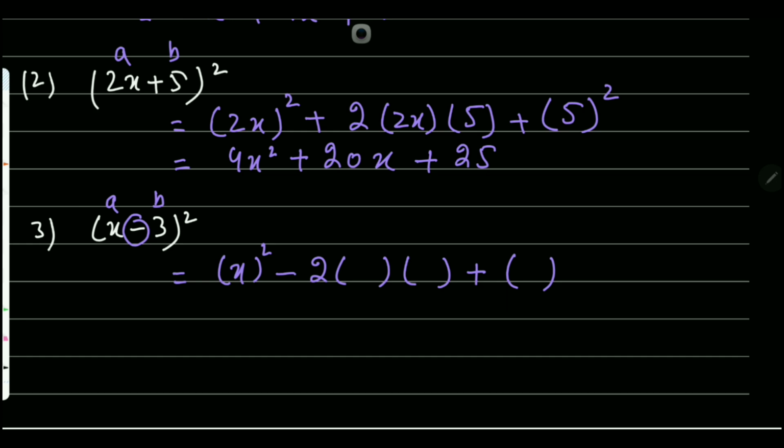So what will we do here now? a is x and b will be negative 3 or 3. As I told you, b will be positive 3, because the negative sign is already used first, and many students get confused whether to use negative 3 or positive 3. So you just have to ignore the sign, take just 3 here and 3 also here, and square as it is, because the negative sign is used first here. Okay, now you will just solve it. x² − 6x + 3 times 3 is 9. So this is the way you will open these brackets.